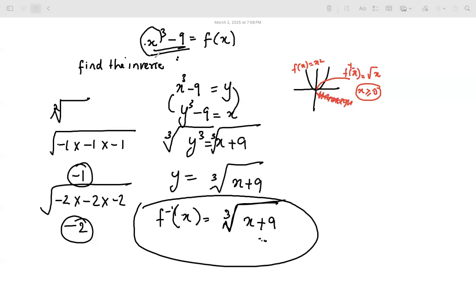Whereas for a cube root function, let's plot the curve first. How do you plot it if you're given some function? I have seen algebra 2 kids who do not know how to plot this function, so I'm repeating for them how to find the original function graph. Now for the cube root function,